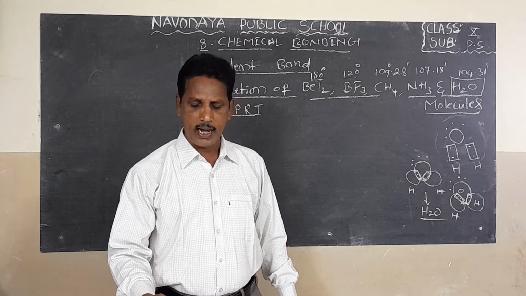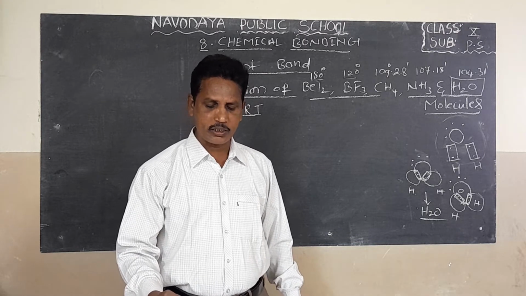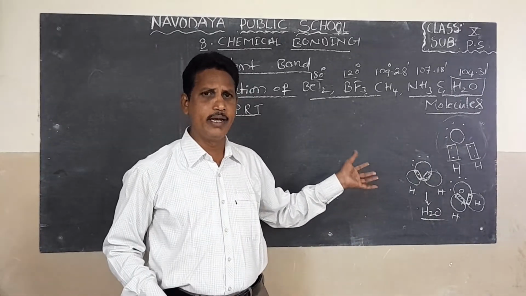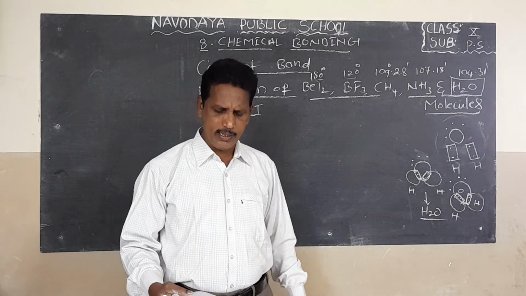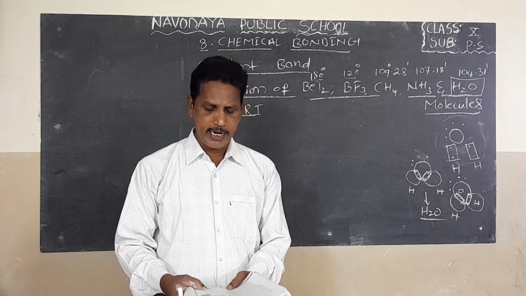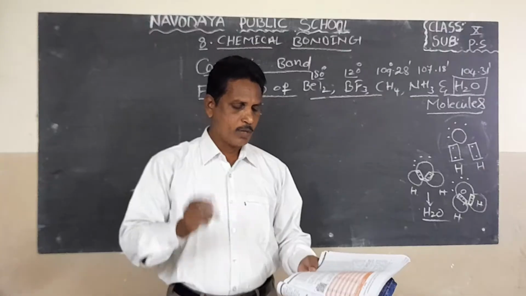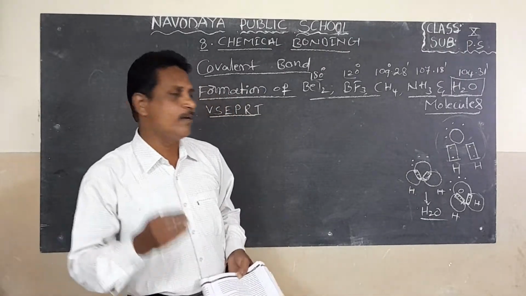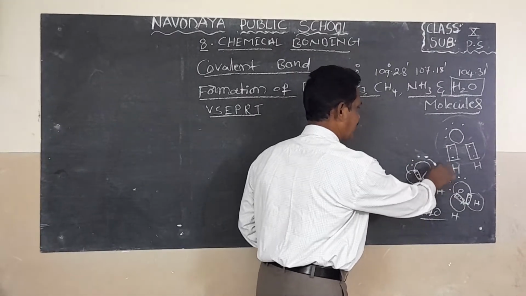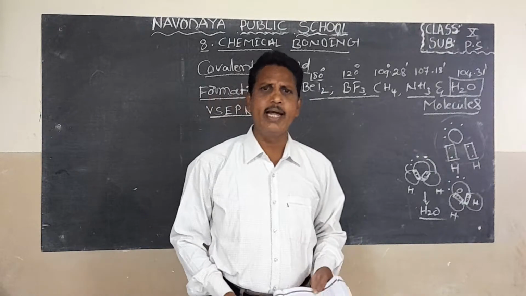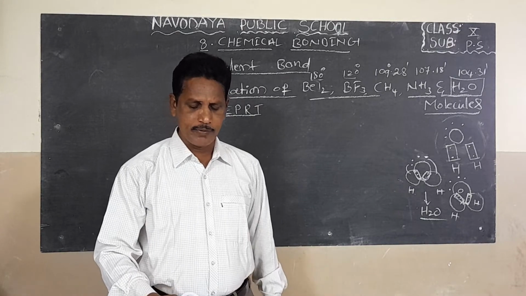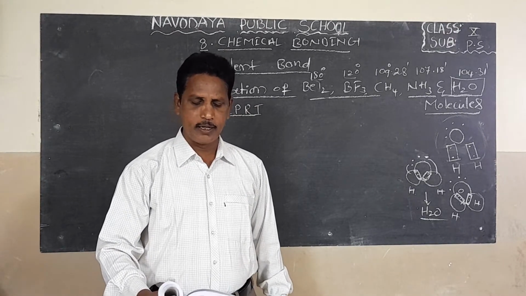The presence of lone pairs on the central atom causes slight distortion of the bond angles. Because they occupy more space, they move randomly around the central atom and distort the bond angles from the expected regular shape. If the angle between the lone pairs and the bond pairs increases, the bond angle decreases.